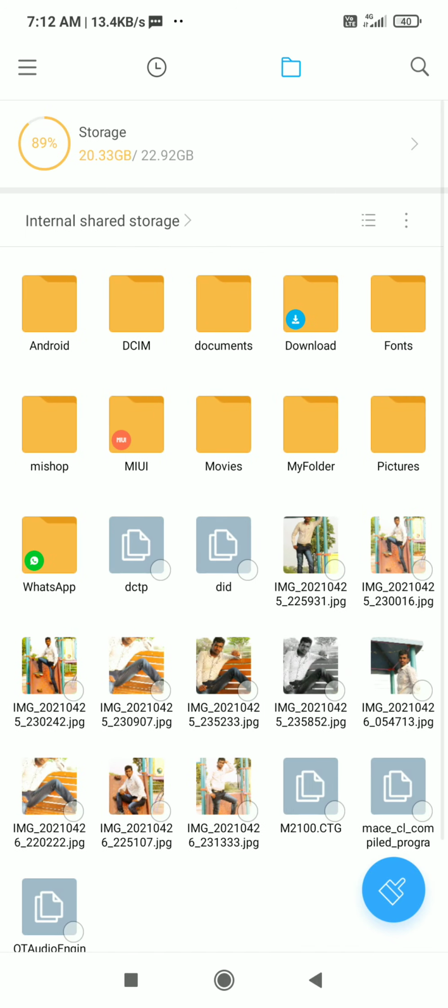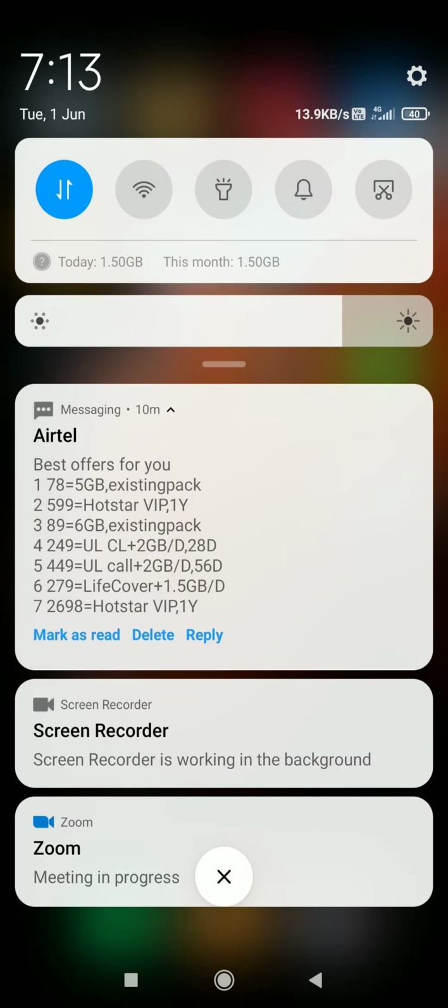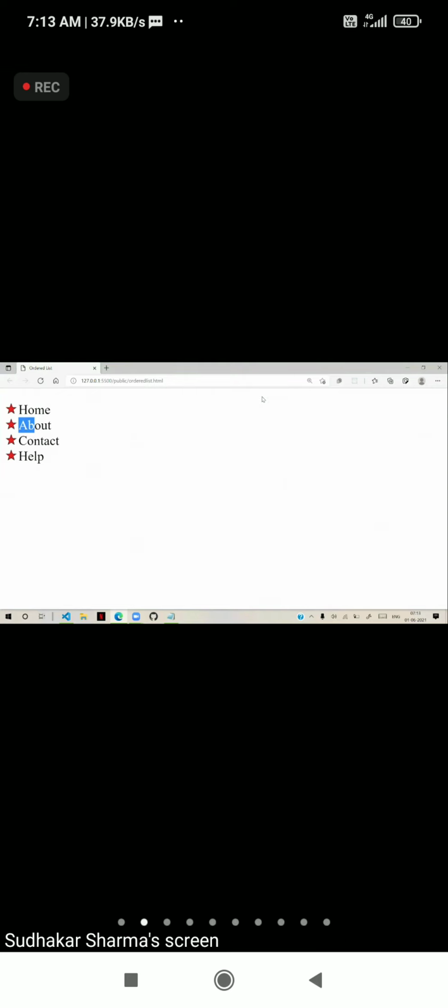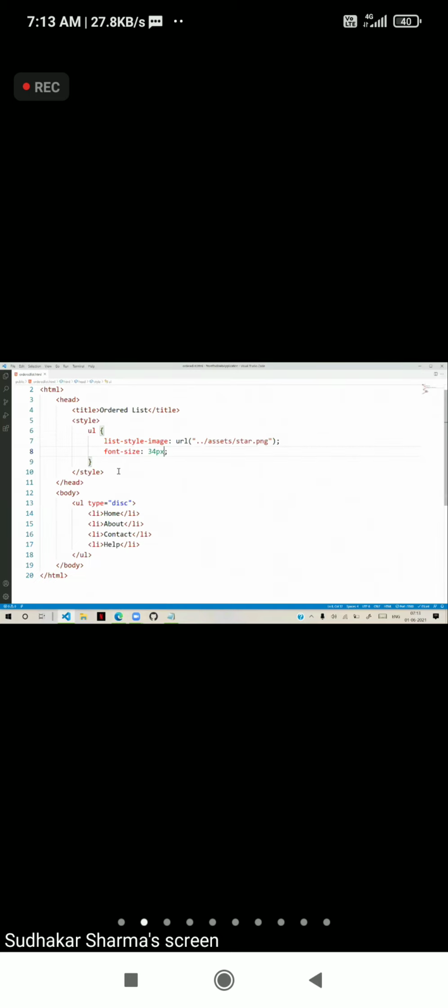Now, many times people ask one question: sir, can I put different images for different items? That means every item a different image. That is a regular question that generally comes. You can use an ordered list. When you are using CSS, yesterday already I showed you, you can do this for an unordered list or an ordered list also. For an ordered list also with CSS, you can change it with your own image. Ordered list or unordered list, with CSS you can change both of them.